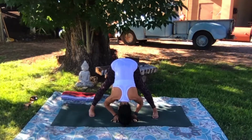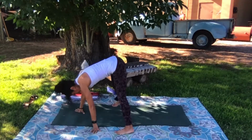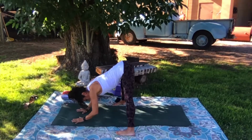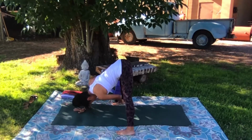Releasing your hands down, let the head go. Really soften the head and shoulders. I'll do this from the side view so you can see. Most of us tend to lean back. Can you lean a little bit more forward and energize your legs so you're lifting through the inseam of the